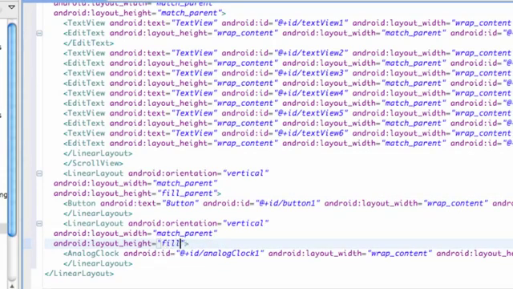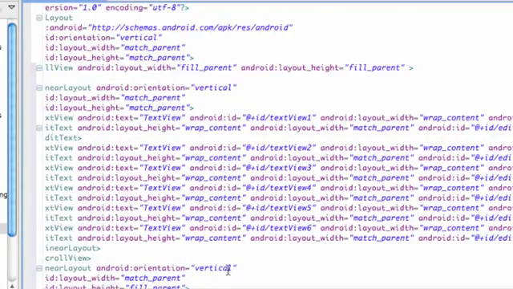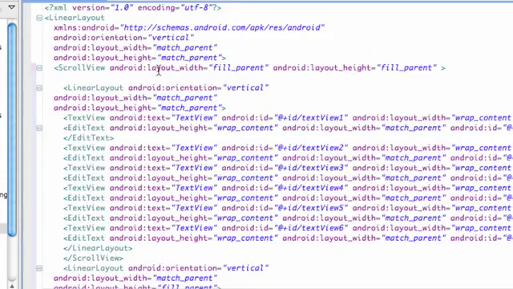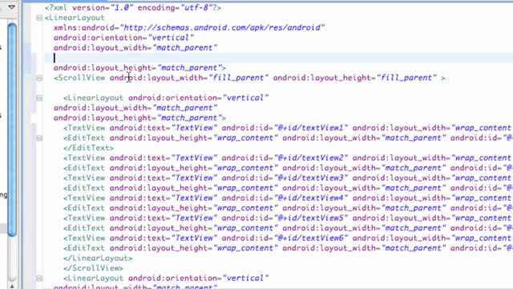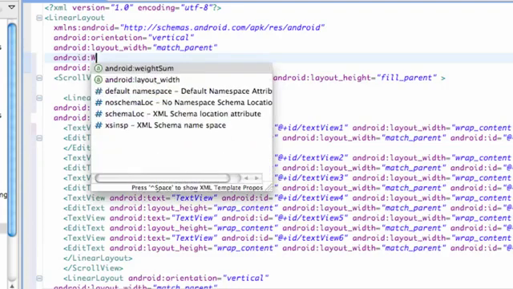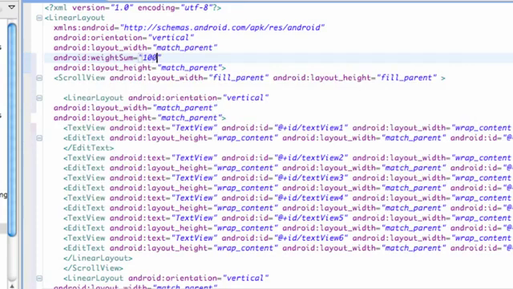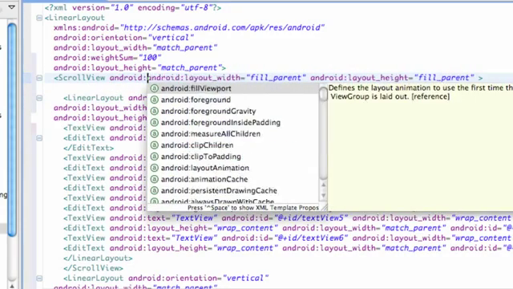So kind of a boring tutorial, just get everything set up and introduce you guys to the scroll view for the most part, and the analog clock, which I just threw in there randomly. So there we go, we basically have that set up, and now we're going to add the weight to our top or main linear layout that holds everything else. So we're going to say Android weight sum equals 100, and we're going to give this scroll view layout weight,